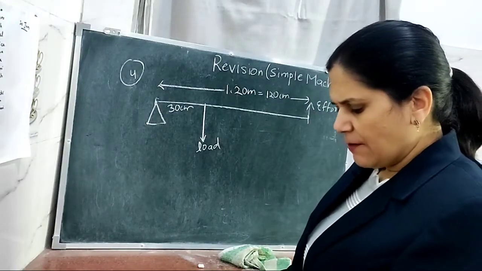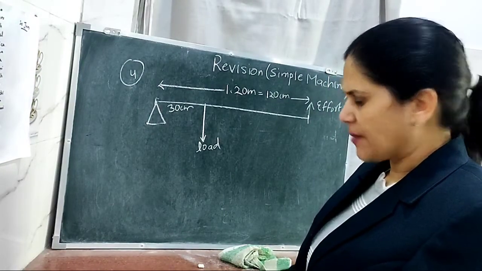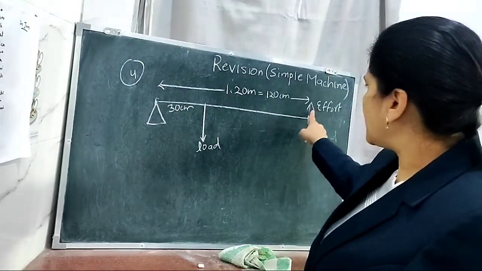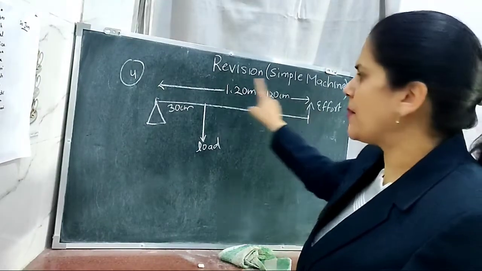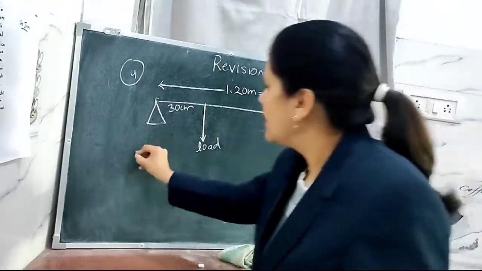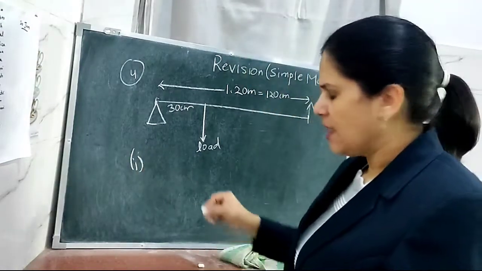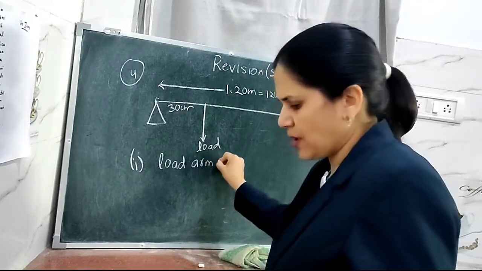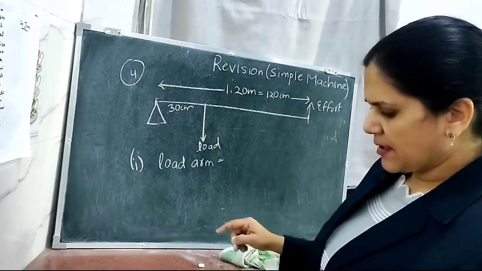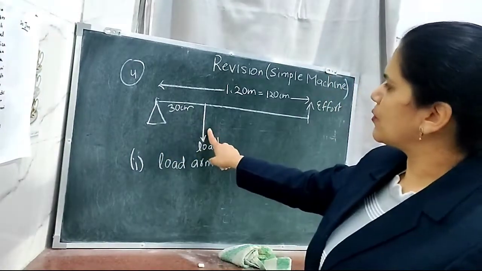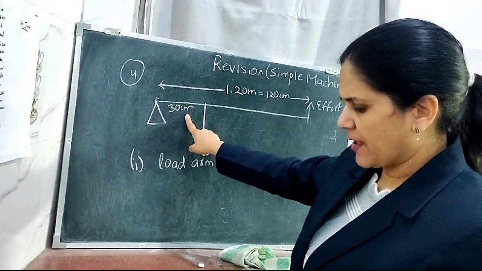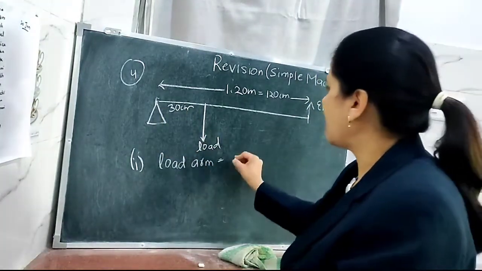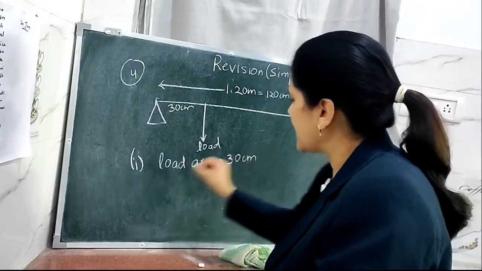Now what happened? One end at the fulcrum, at the end of shorter arm. This is the shorter arm and this is the longer arm. The effort is applied at the end of the bigger arm. Here the bigger arm is there, so effort is lying on the bigger arm and the load is applying on the shorter arm. They are asking us here the very first part, the length of the load arm. Now what is the meaning of load arm? Load arm is the distance from the fulcrum to the load. This is known as load arm. So the load arm value is coming equal to 30 centimeter.